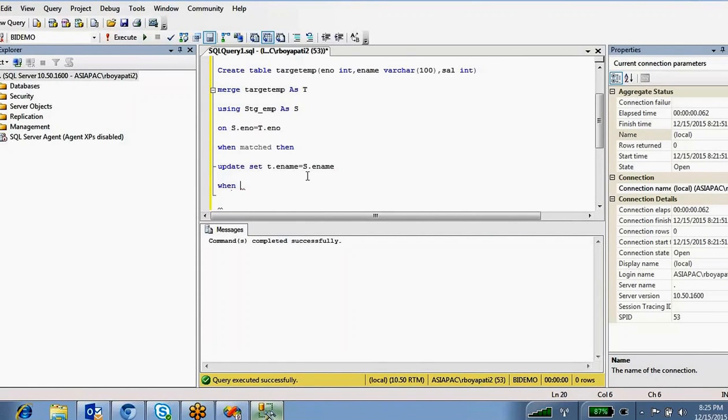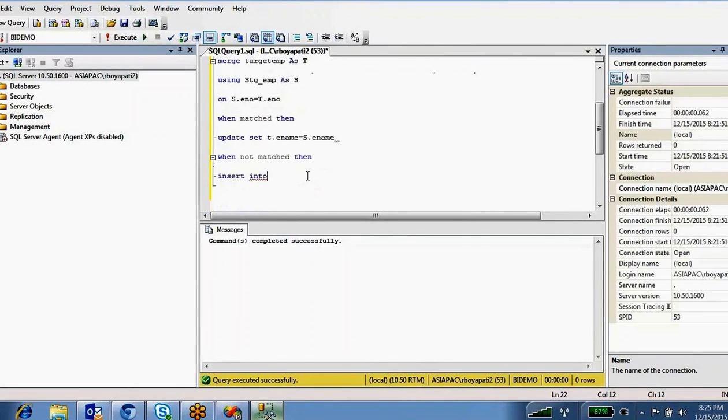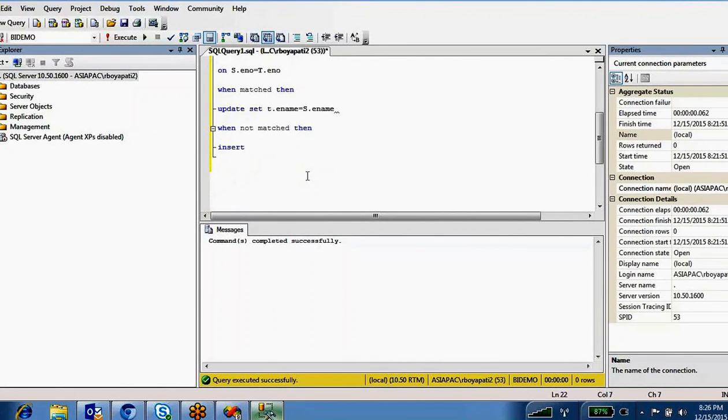When not matched, when not matched means that is a new record, then insert into, values.